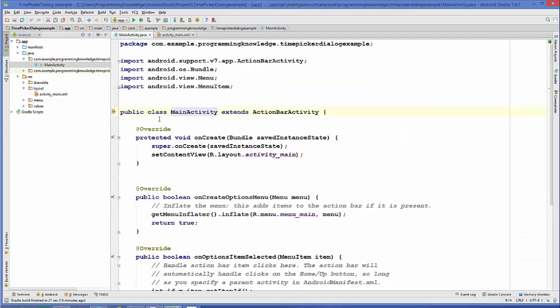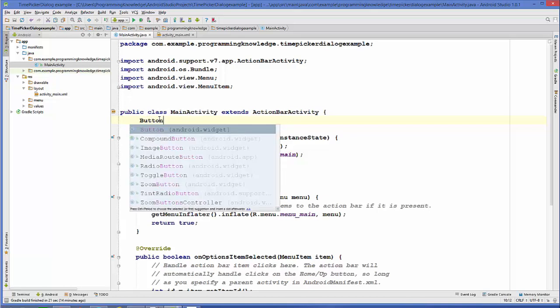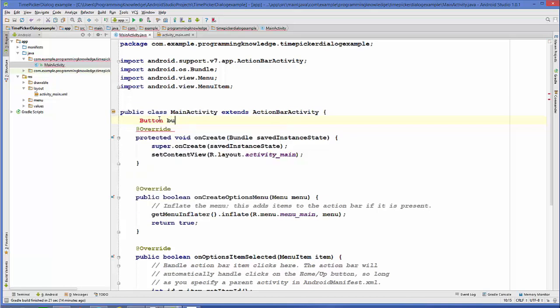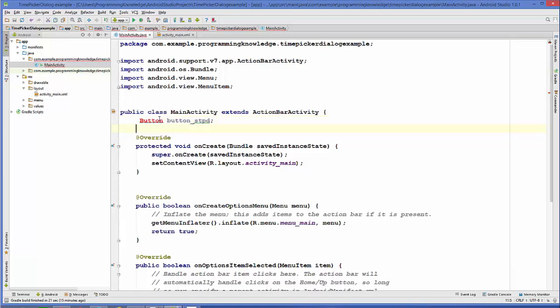for time picker dialog. So first of all, let's create the object for button. Button stpd for show time picker dialog, right? And we will also create three variables for minute, hour, and dialog ID.